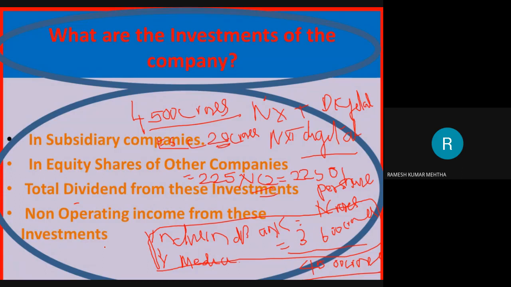And please acknowledge the fact that this particular share is available in the market today, when I am uploading, at around 650 rupees. Today's date is 24th August 2020. So what does it mean? The value of only the investments is 2,250 rupees per share, but the market price at which this particular share is traded is 650 rupees.